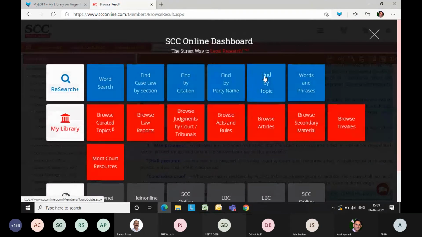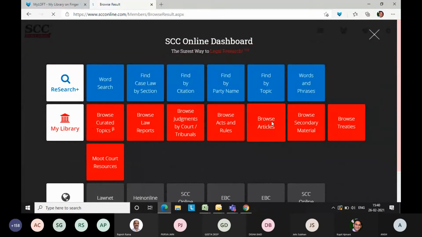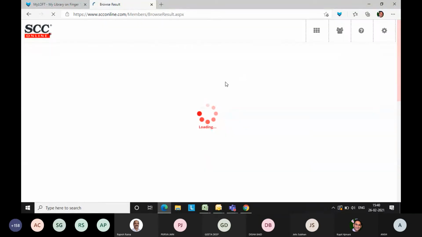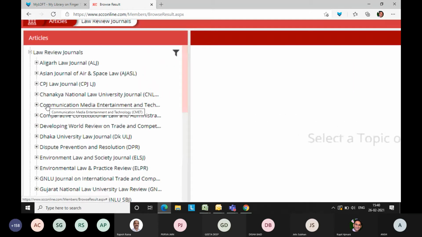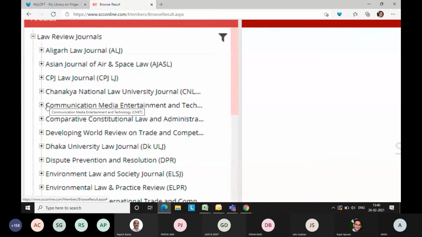Similarly, you have also sections like articles. In this, we have the leading law review journals from leading national law universities and institutions. We have law review journals, as you can see, Aligarh, Chanakya and all that is there.